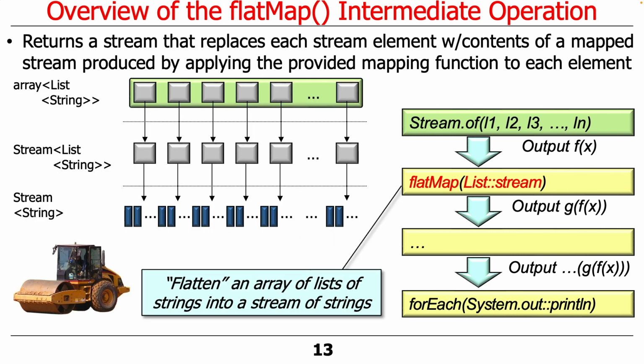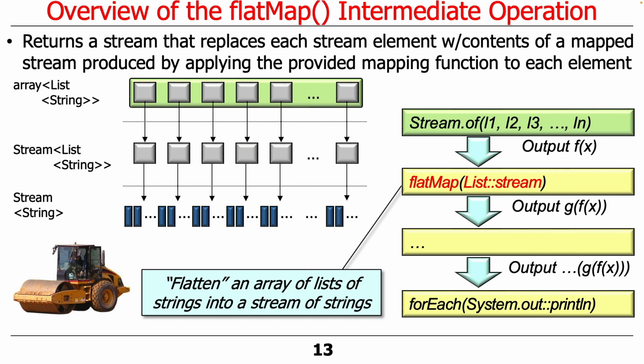So here's a simple example where we're going to have a stream of lists of strings. So we take an array of lists of strings, we turn it into a stream of lists of strings using the of method, and then we apply flatMap, passing in the list stream behavior, and what that does is it flattens the list of strings into a stream of strings. So I always like to visualize this as a steamroller, right? It steamrolls over and flattens those things. So it'll go ahead and flatten everything out, so you'll then end up with a stream of strings,